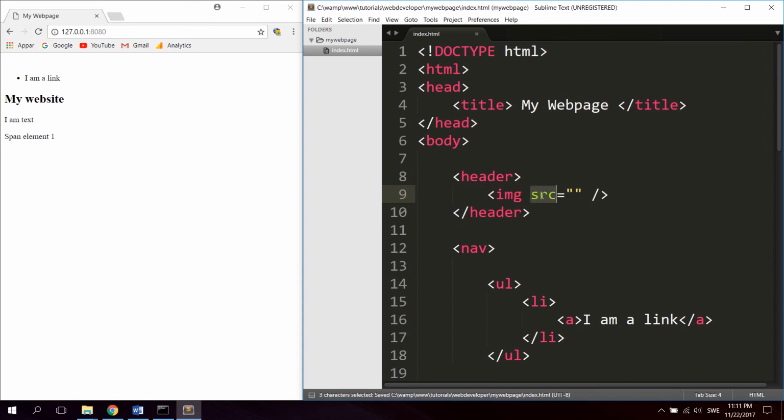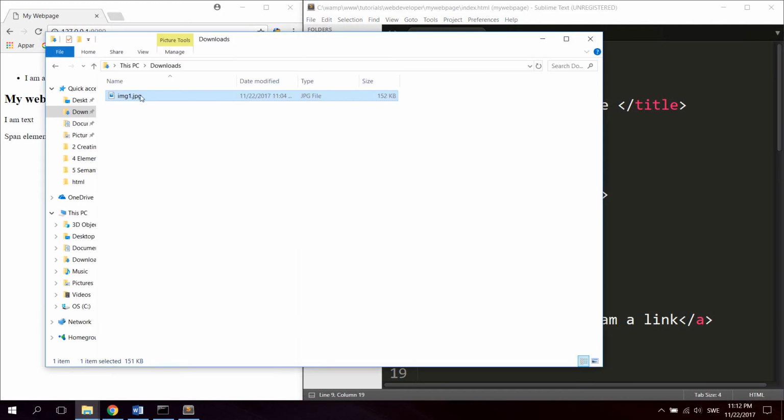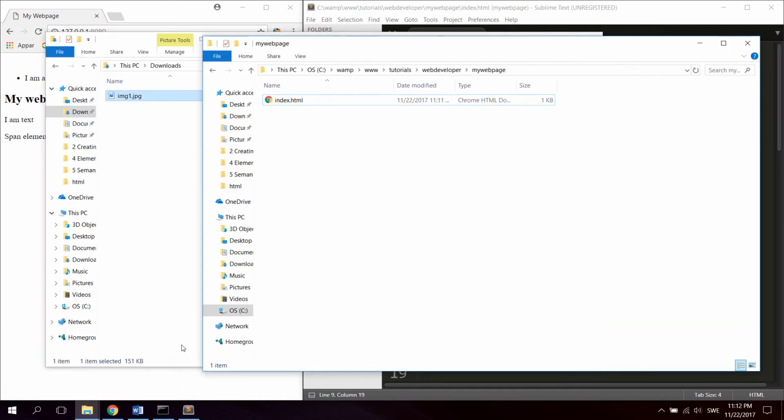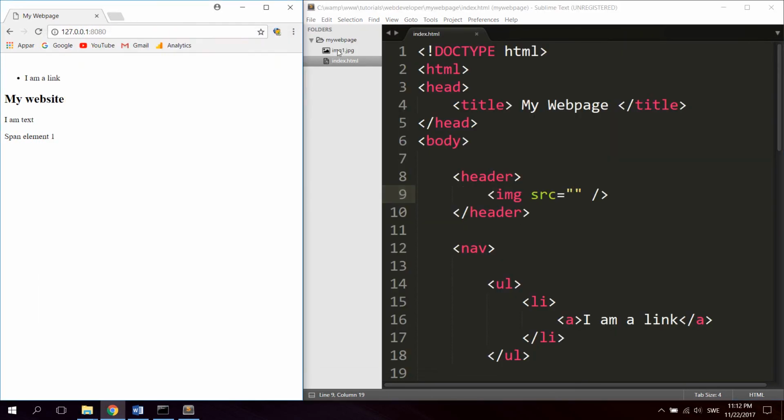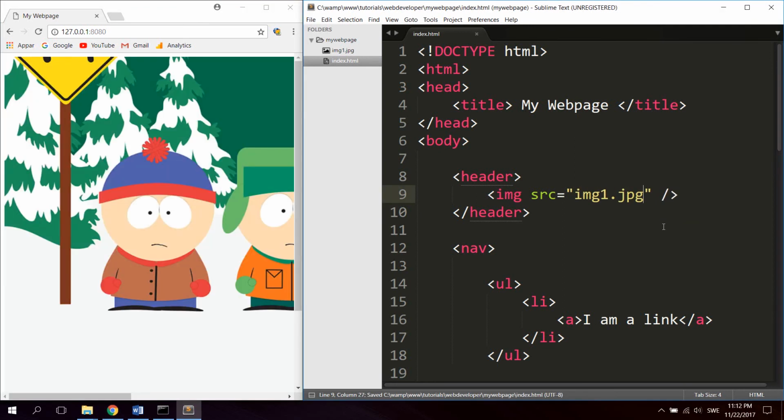It's this green part and it's named source. In the source, you're going to specify either a URL path to an image or a path on your file system. For this example, I have downloaded an image, which I'm going to paste into my web page folder, and you can see the image in Sublime Text right here. Now I'm just going to specify the source as image1.jpg, and as you can see, we're getting an image in the